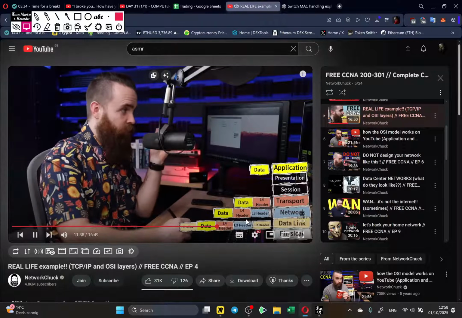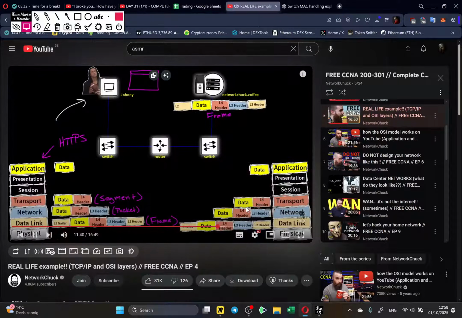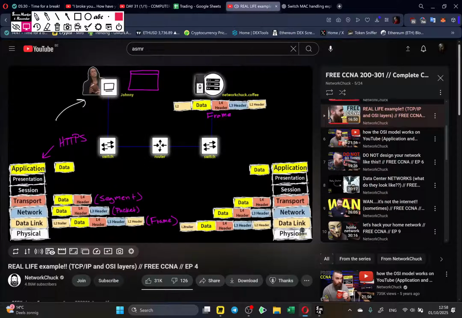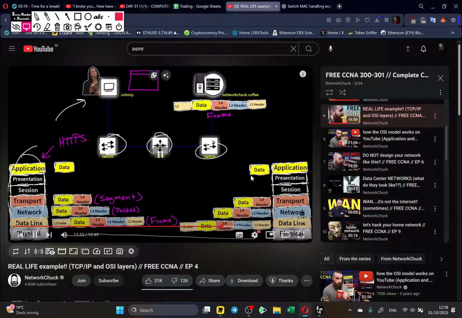a 1,000-foot view. What Johnny had to do is he had to use the entire TCP/IP suite, encapsulating all this stuff down into a frame. And then he sends this frame across the physical network, across Ethernet cables and such, touching each device, a switch, a router, another switch, and then